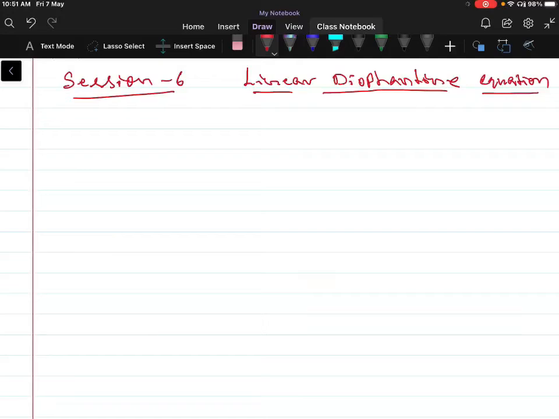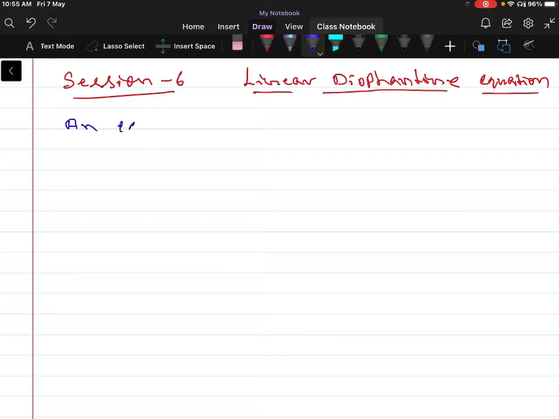In the previous lecture, you have discussed the problems of how to solve the greatest common divisor by using the Euclidean algorithm and the relation between the greatest common divisor and least common multiple. So in this lecture, I'm going to discuss what exactly the linear Diophantine equation is and the solution of the linear Diophantine equation. We take a definition of linear Diophantine equation.